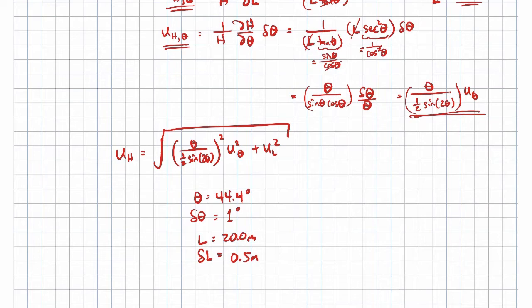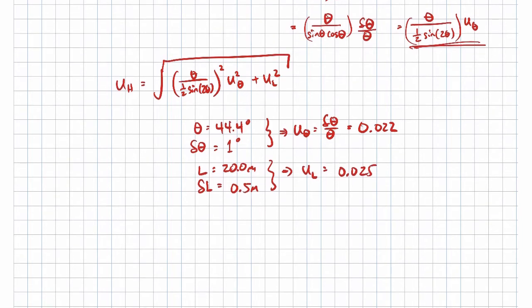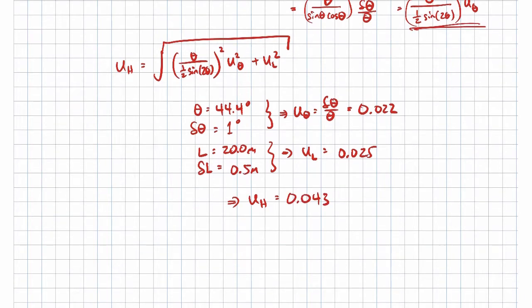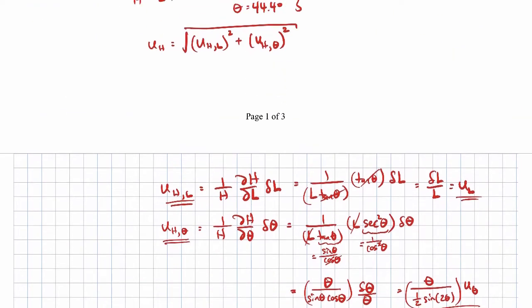So we can calculate the relative uncertainty in theta. Of course, that's just d theta over theta. And when we plug those numbers in, we'll get 0.022. And then the relative uncertainty in the length measurement comes out to be 0.025. So when you plug everything in, the relative uncertainty in the height measurement comes out to be just over 4%, 0.043. So then our height measurement using the angle approach, let's go back up here for a moment, will be